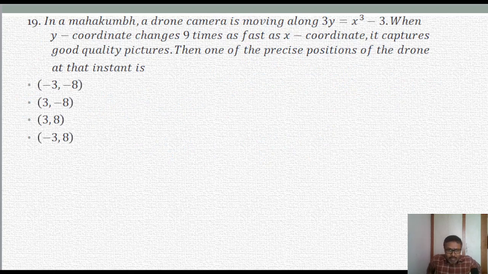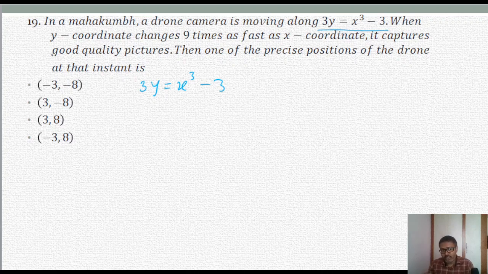Okay, in a Mahakumbh, they are talking about Kumbh Mela. A drone camera is moving along a curve. The curve equation is given as 3y is equal to x cube minus 3. So we have the equation of a curve, 3y is equal to x cube minus 3. Just imagine a drone is moving in this path,